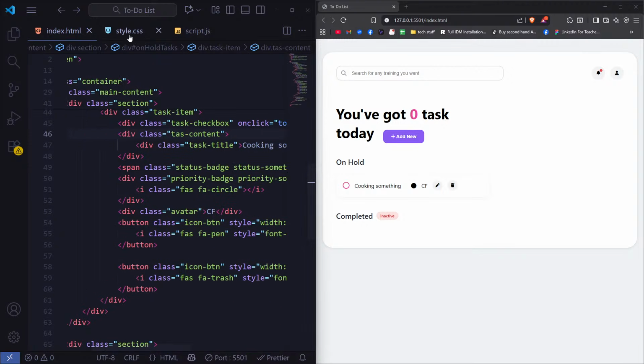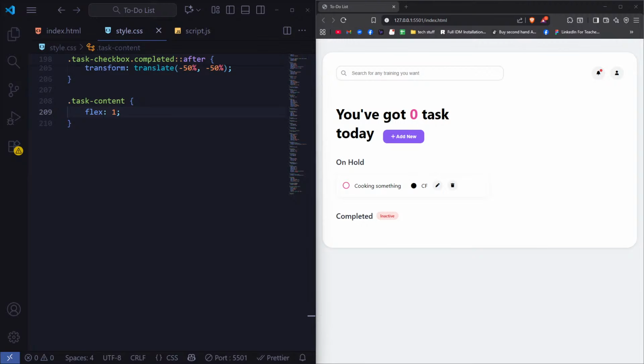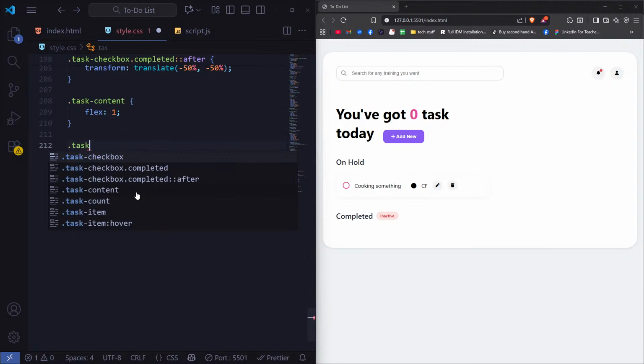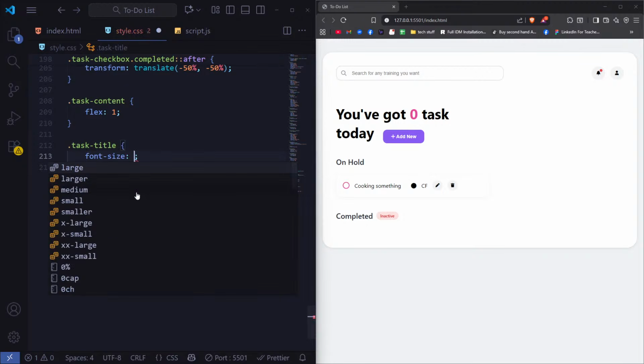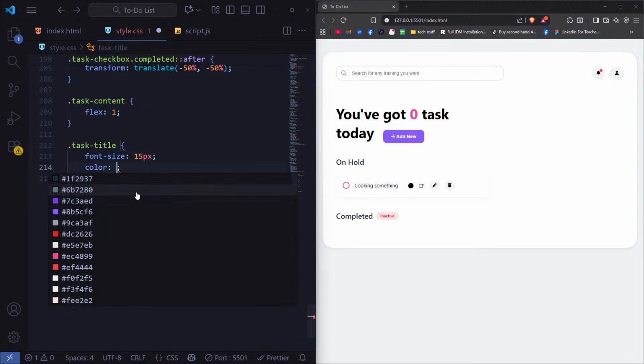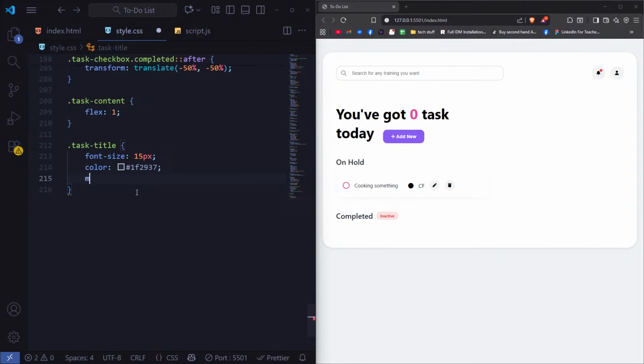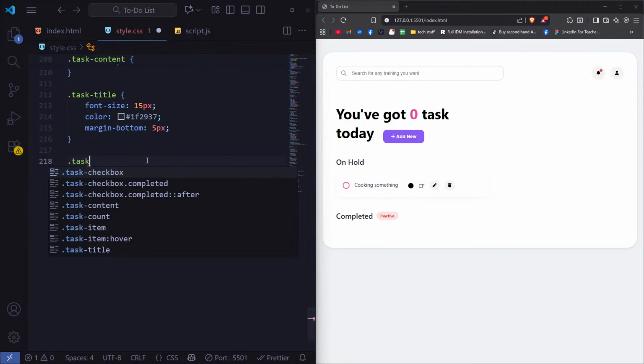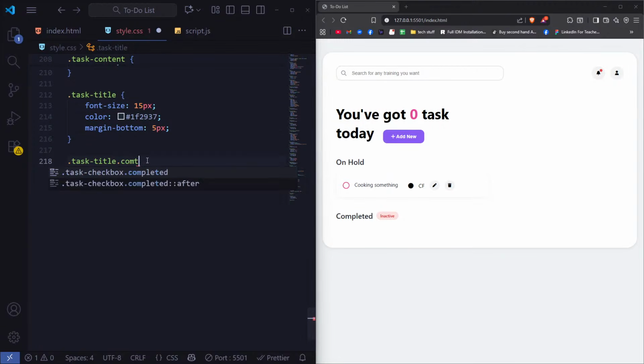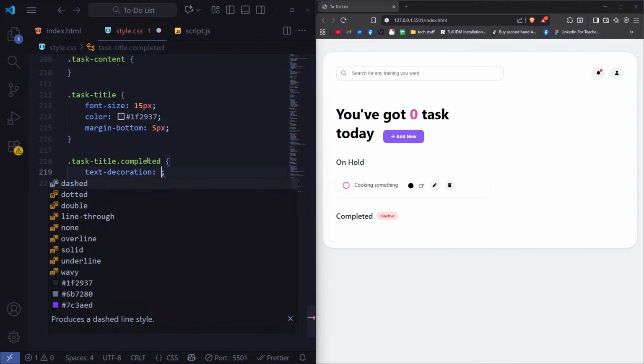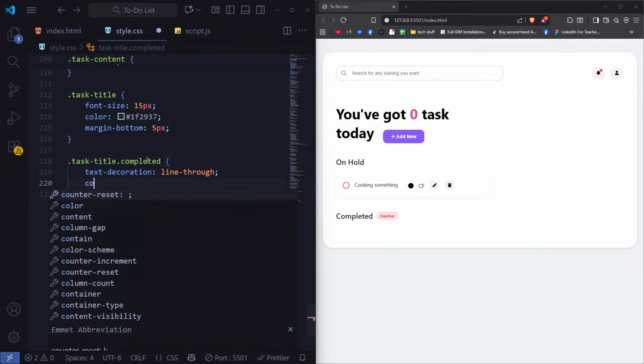So the next thing that we can do here is the task title. Do task title, font size, set that to 15 pixels, set the color to alternator black, and set the margin bottom to around 5 pixels. Do task title dot completed. So if it's completed, I'm just gonna do text decoration line through and set the color